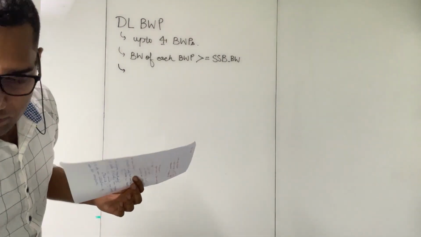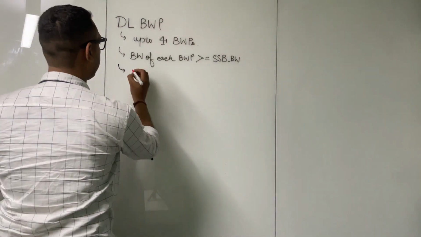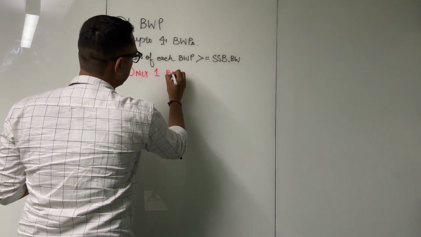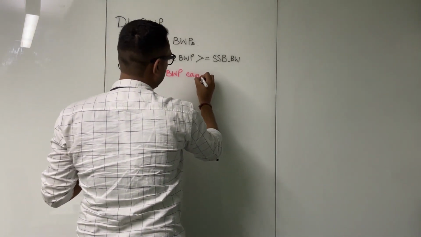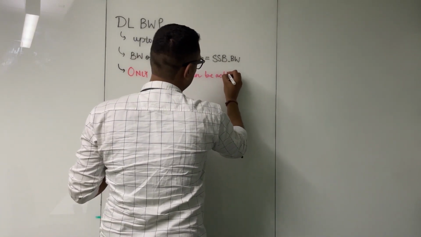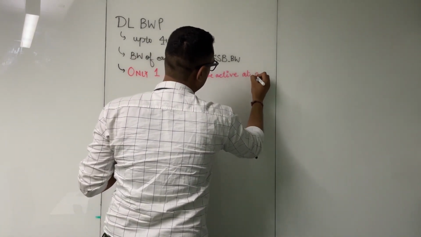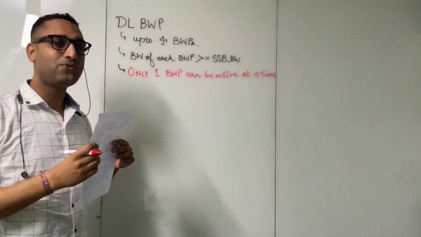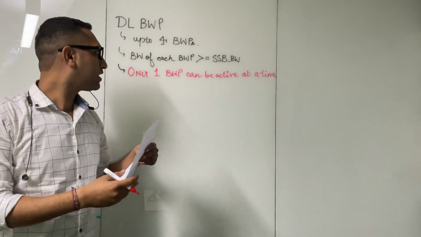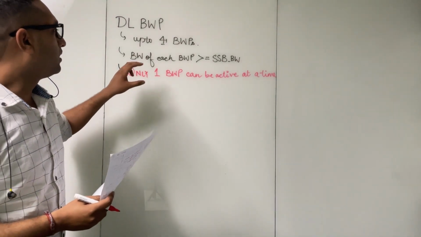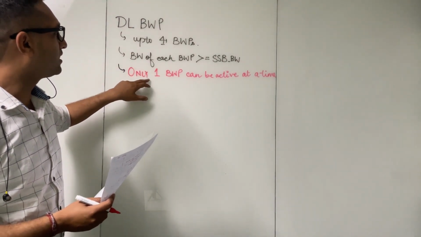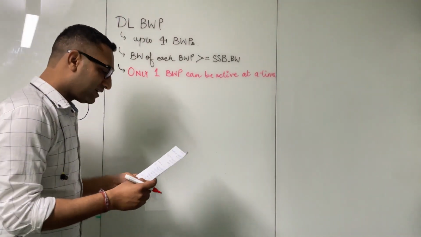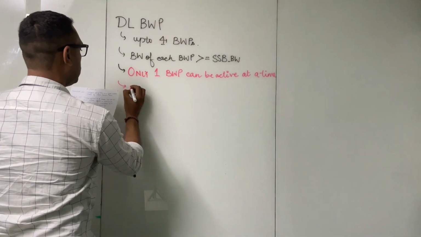Next one, only one BWP can be active at a time, and that makes sense, right? Because this was our motivation. We didn't want to do a wider bandwidth operation, and that is why we are having the bandwidth parts. So this is another condition: only one bandwidth part can be active at a time. And what does that mean? That the UE is not supposed